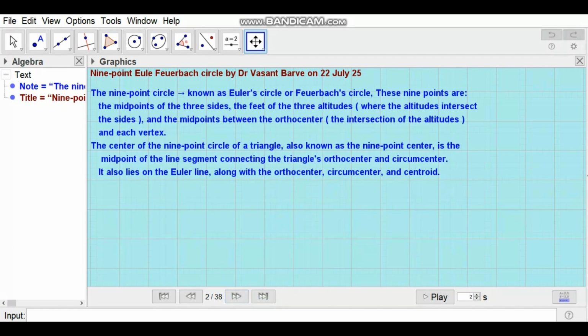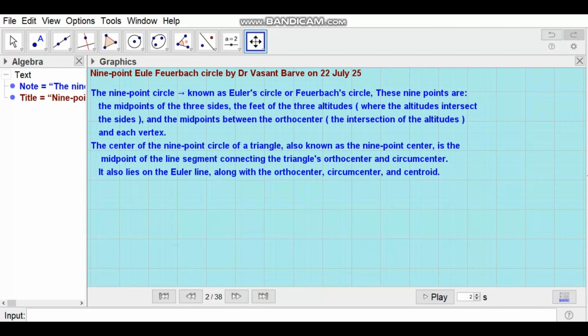See, I have put a note here as to what this 9-point circle is. It is known as Euler circle or Feuerbach circle. These 9 points are midpoints of 3 sides of the triangle, the feet of 3 altitudes, where the altitude intersect the side, and midpoints between orthocenter, the intersection of the altitudes, and each vertex. The center of the 9-point circle of a triangle, also known as the 9-point center, is the midpoint of line segment